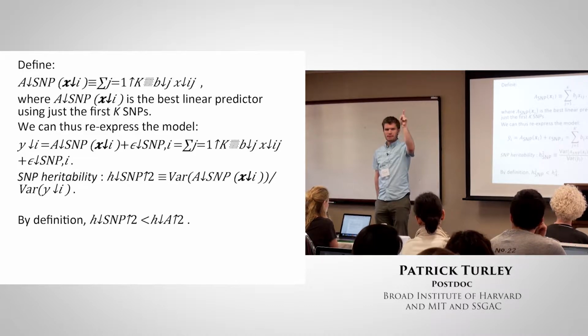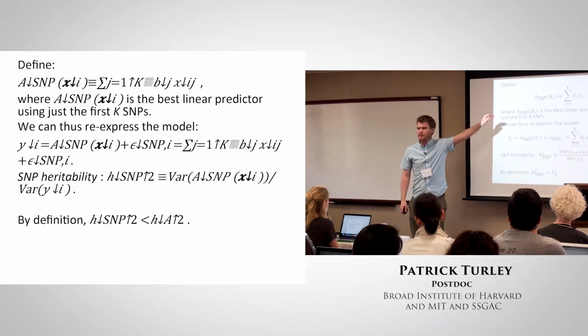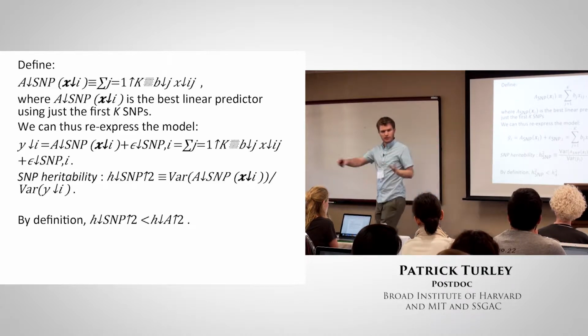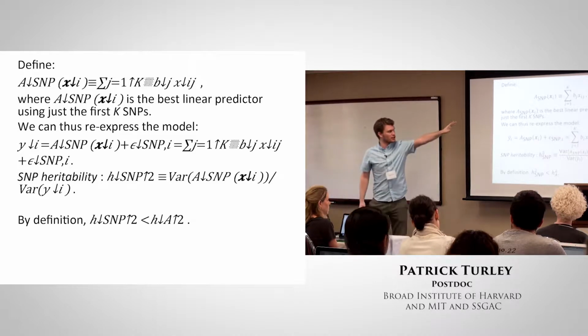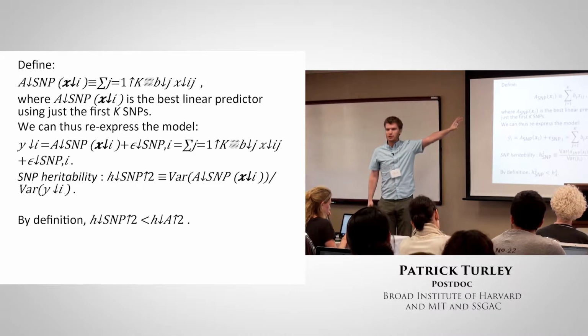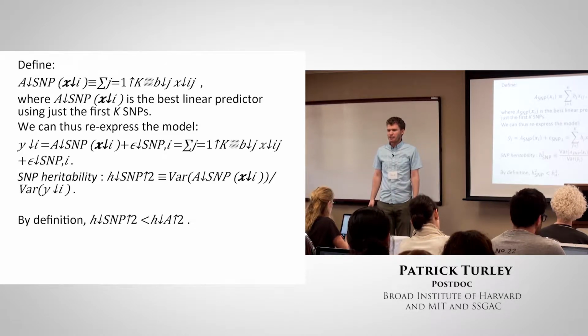Yeah, it's going to capture the variation from there too. And so we think of this as omitted variable bias, I guess. In that sense, these betas aren't the causal betas anymore, because the causal betas are these betas once we control for all variants at once. But in this case, they're still the best linear predictors, but we can think of them as capturing some of the variation, even though we've omitted a bunch of SNPs. We are capturing some of that variation because of LD with the omitted